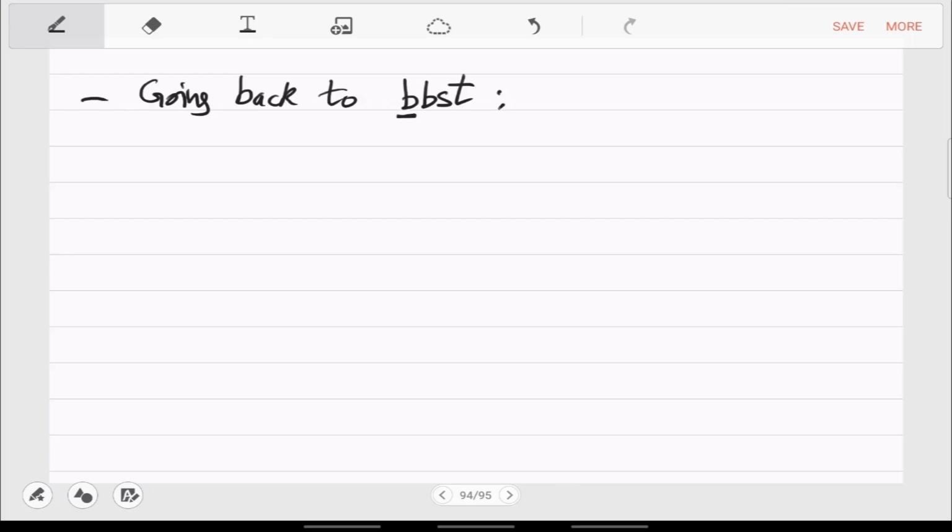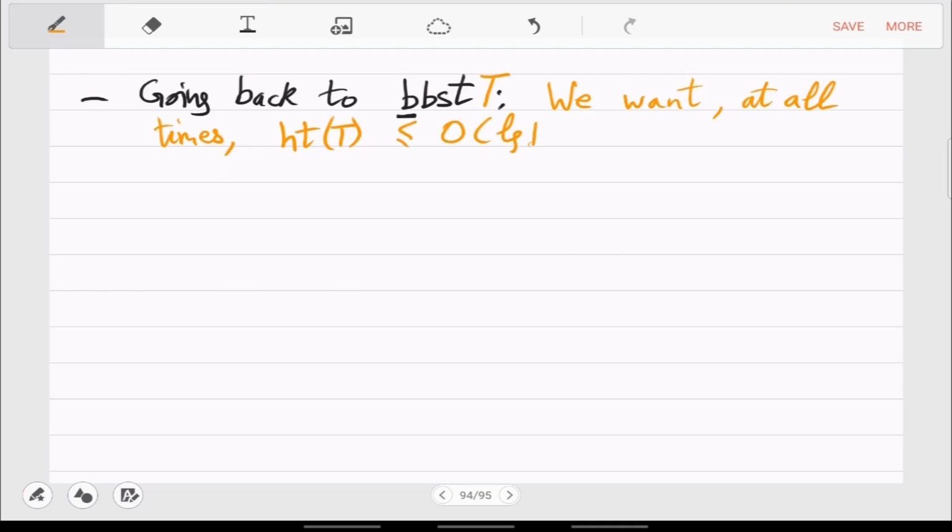So what we want is, at all times, height of the tree is O(log of the size).